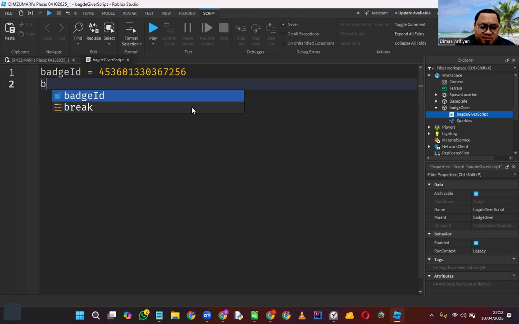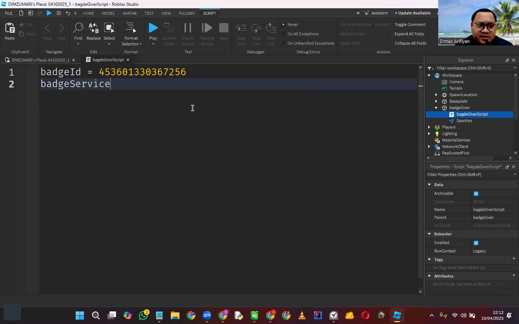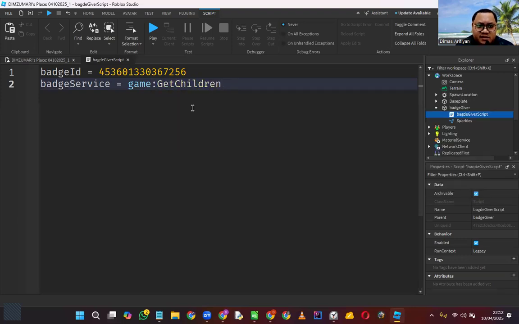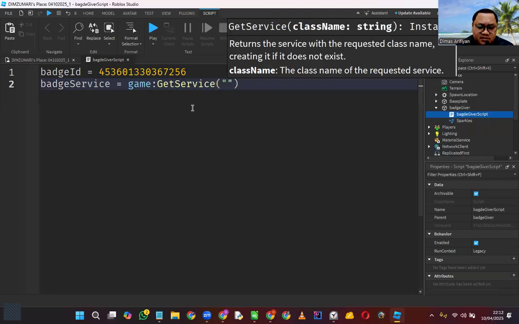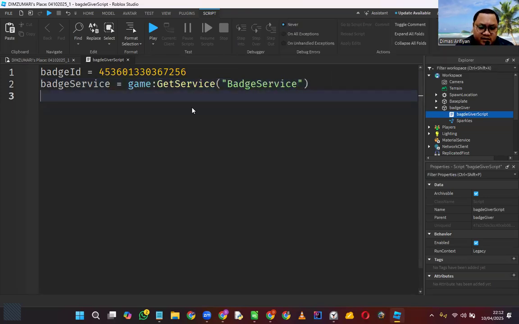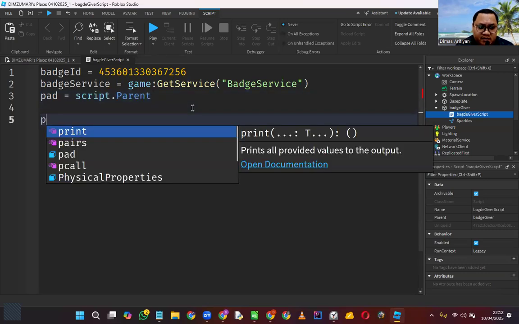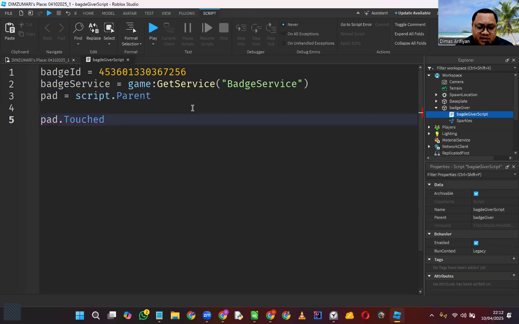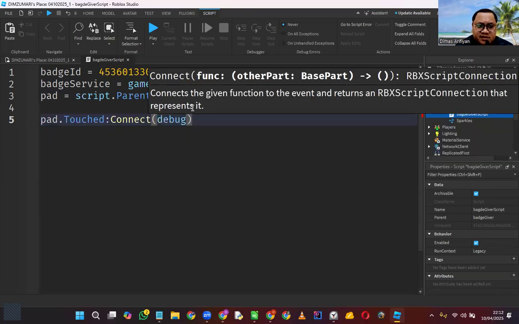Okay. Badge service equals game get service badge service. And then pad equals script.parent. Pad.touched, when you touch the pad, colon connect function